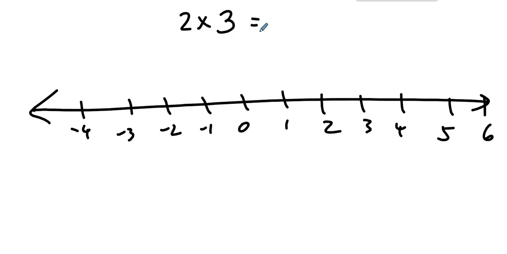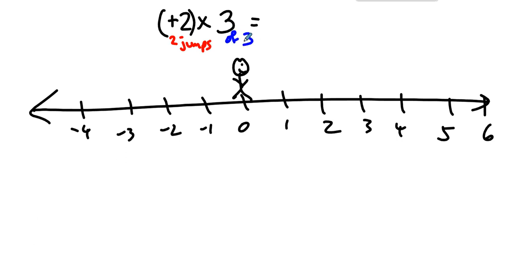Well, what does that mean? That means that starting from 0, we face right, we face the positive end of the number line because the 2 is positive, and then we make 2 jumps